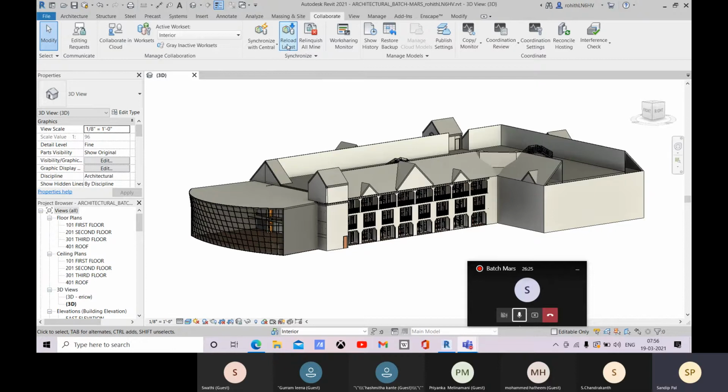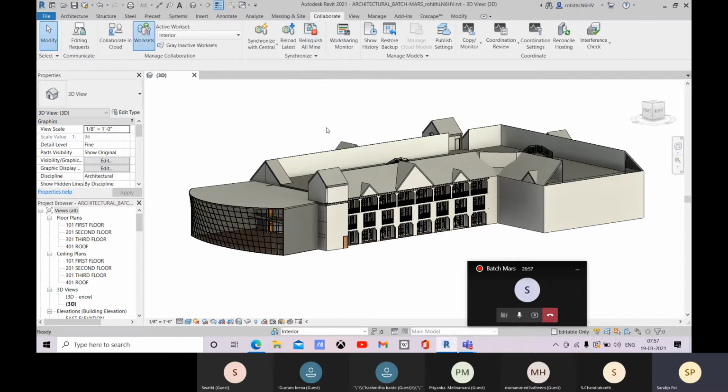I have updated this workset part. You want to have that workset, but you don't want to update your parts into the central. So for that, you will go for Reload Latest and you will have that. And after that, you can go for Synchronize with Central. So that is about your Reload Latest. I will come to this Relinquish All Mine part later.